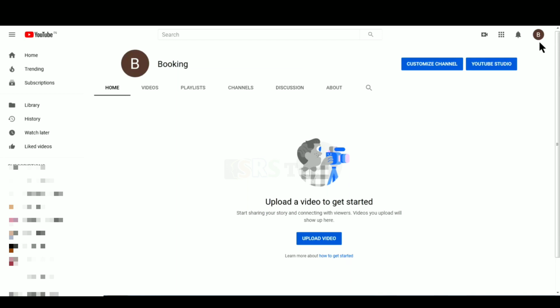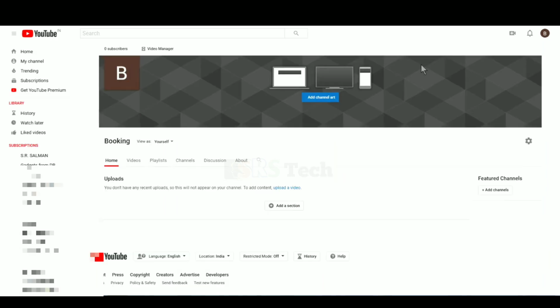So first of all, you have to sign in to your account and then click this symbol, and after that you will see this interface. Then you have to click on customize channel. आपको यहाँ पर click करना है. Then ये थोड़ा सा load लेगा according to your net connection, and then you have to click again this symbol